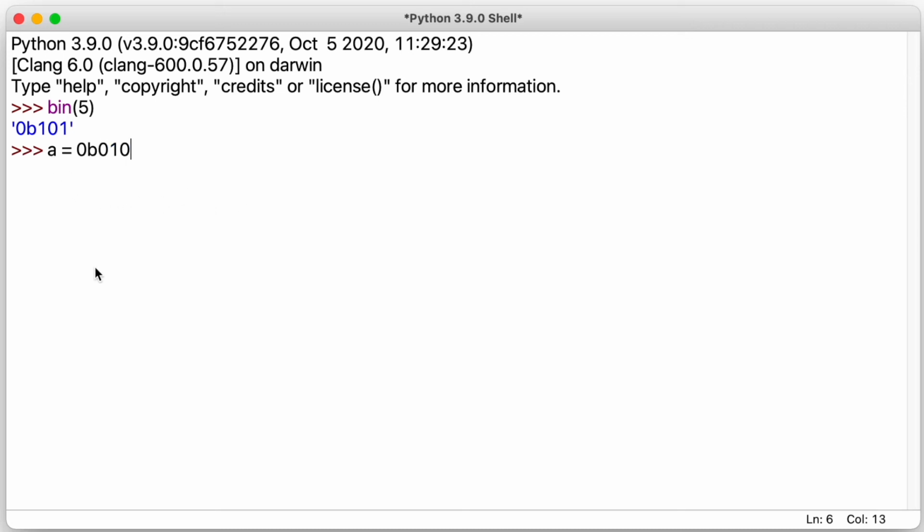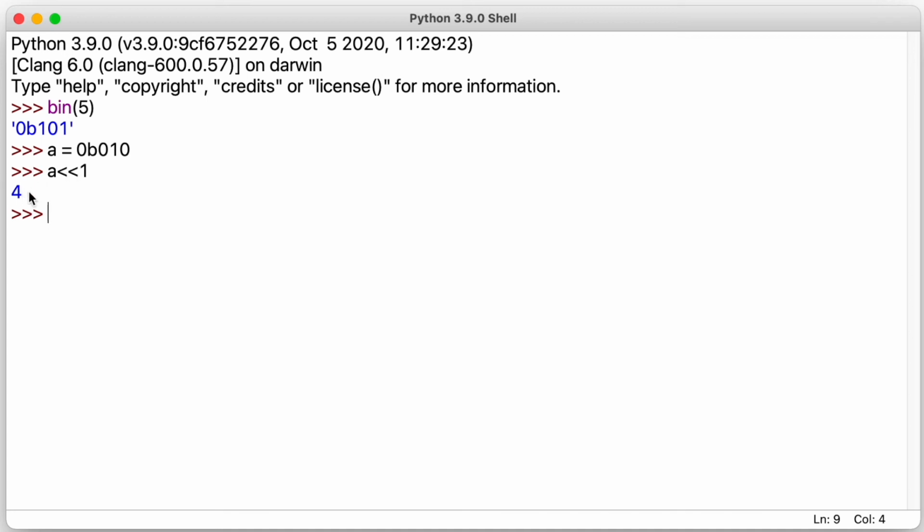So this is the value of a, and suppose now we want to left shift a by 1, so we write a, then the left shift operator, and then 1. So the set bit, that is 1, should be shifted by a single position. So let us see, after hitting enter you can see that it is returning an integer value.